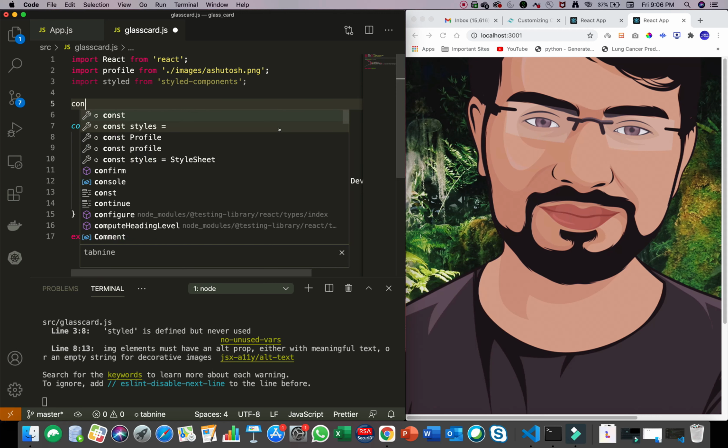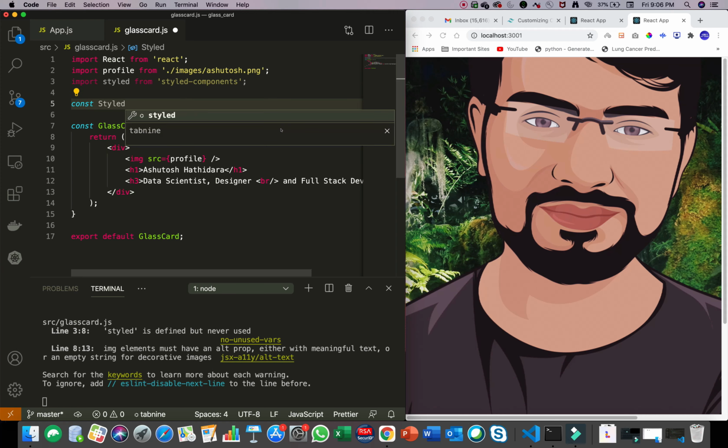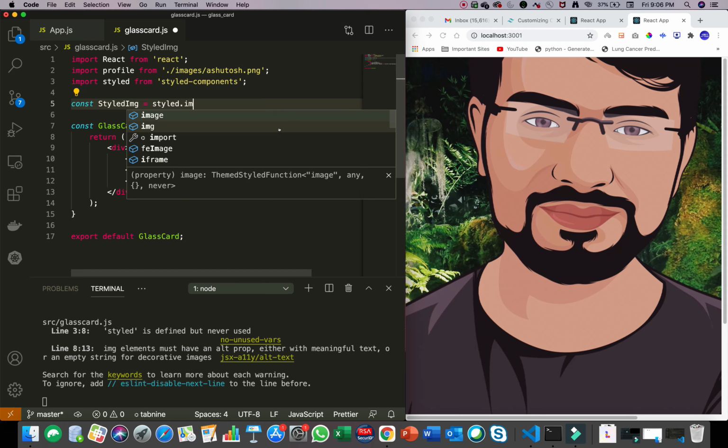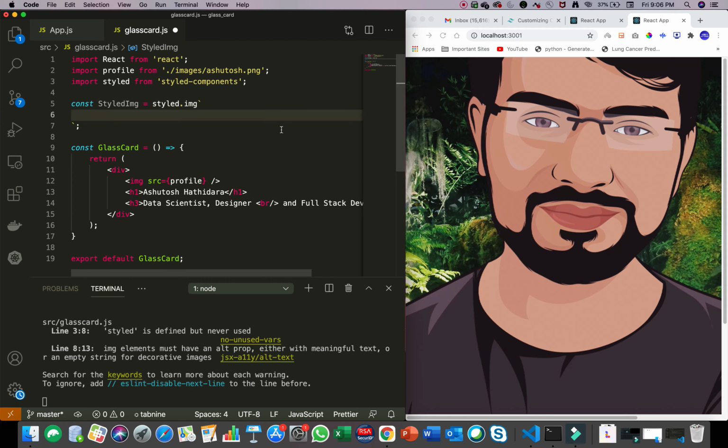I can create a component, let's say I'll create a component called StyledImage. To apply CSS on it, I write styled dot, and then the element I want to style. I want to style the image, so I will write styled.img, and then I'll type all the CSS code in a string after that.